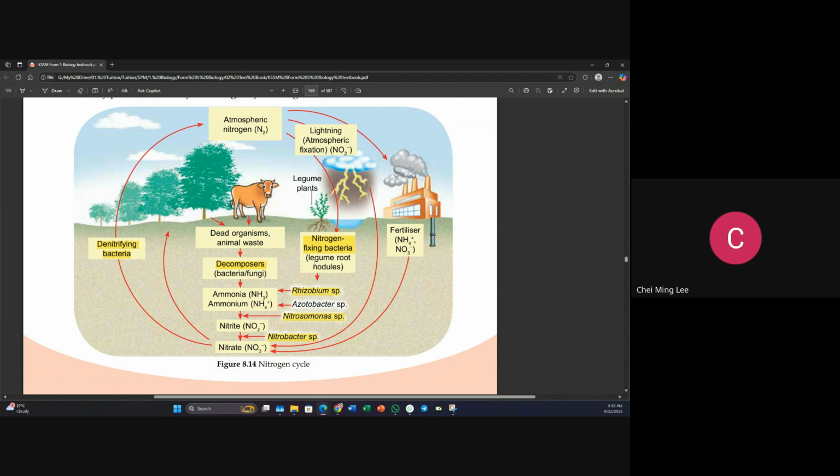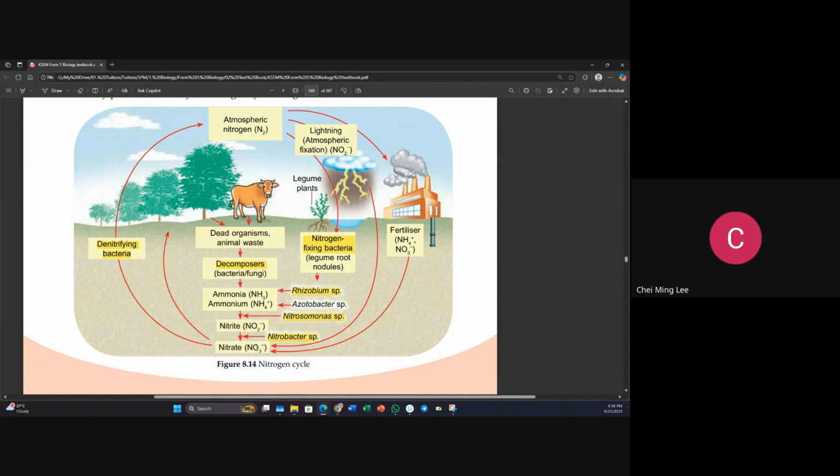Then they will convert the nitrogen into ammonia or ammonium. Rhizobium gives ammonia, Azotobacter gives ammonium. Of course, at the same time, organism and animal waste will be decomposed by bacteria and fungi and form ammonia and ammonium as well. Then from these two, it forms nitrite. And from nitrite, through Nitrobacter species, it becomes nitrate, part of which will be used as a nutrient by the plant, and most of it will be